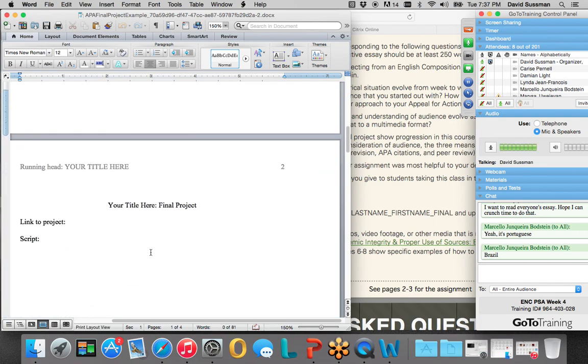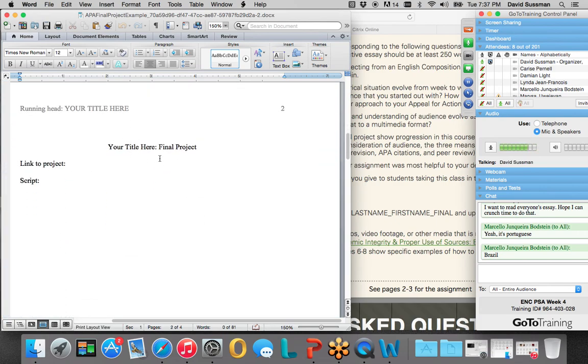And on page 2, you can see we're still following APA format. So at the very top of the page, centered, your title goes here for your final project, right? And then most people have a link to the project. When I say link to the project, I mean if you created a video, most people end up creating the actual movie and then uploading it to something like YouTube or Vimeo, and then they just provide the link. If it's a podcast or a song, they typically upload to something like SoundCloud and provide the link. If you're creating a comic, you either give me the URL to where the comic is located, or if it's something that you hand drew and you've uploaded it to an image file hosting site, you'll give me a link to that. So the link to your project goes here.